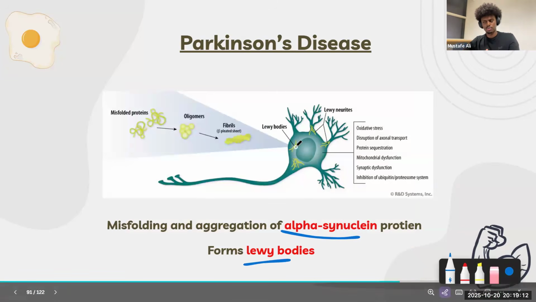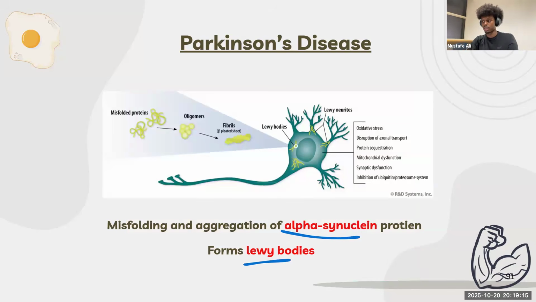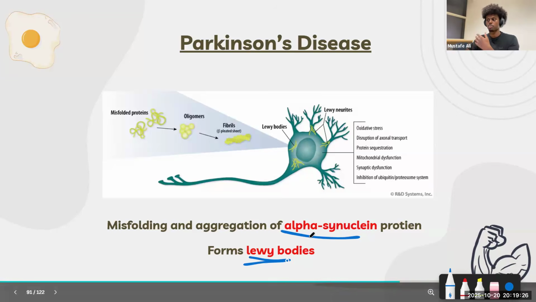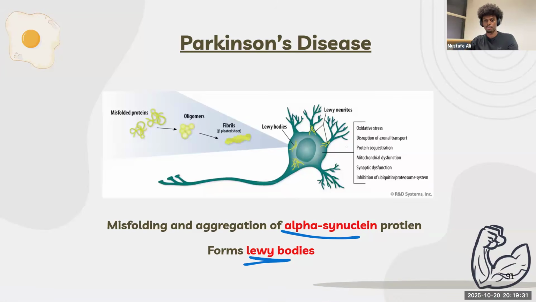So all I want you guys to know is that there is misfolding and aggregation of alpha synuclein. Because of this, the aggregates that it forms are these Lewy bodies. Okay, these Lewy bodies are present inside of neurons, and they become toxic to the neurons, and they kill them. All right. If you guys can know these two points, alpha synuclein, they form Lewy bodies inside of neurons, toxic to the neurons. GG's. All right. Did that make sense?